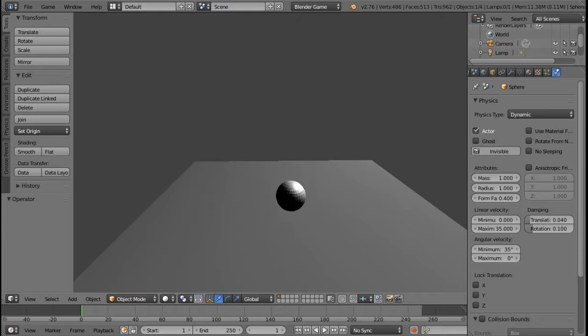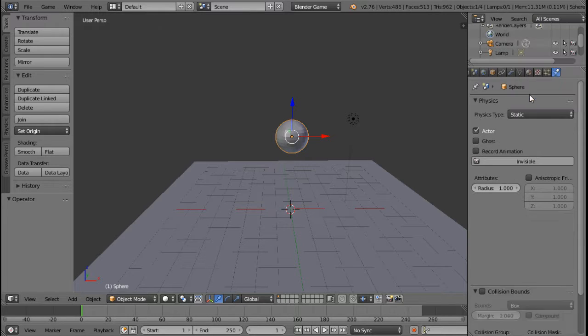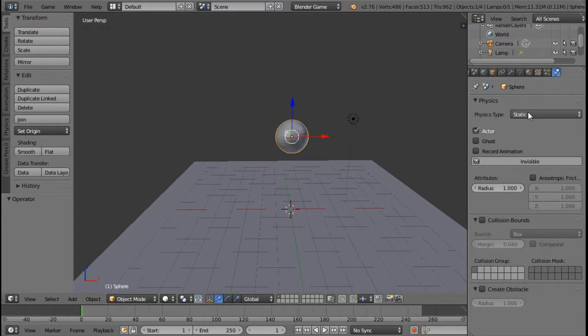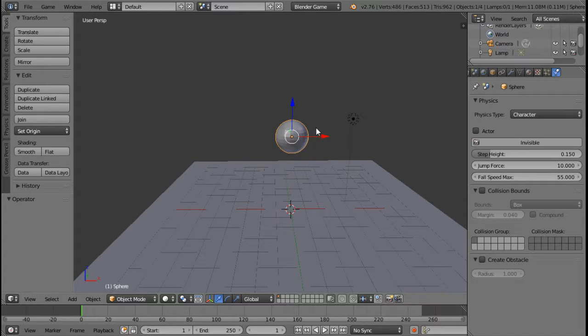Dynamic will act kind of how we need it, but not necessarily. Static just kind of sits here. Your character, I don't know what navigation mesh does necessarily. Character just kind of plops down. So what we're going to do,